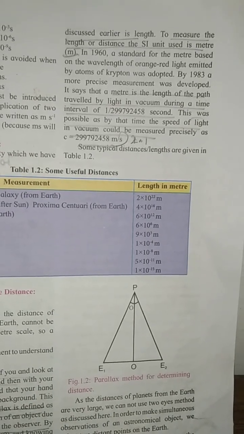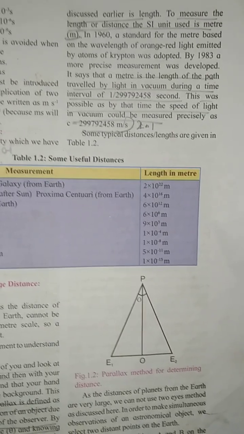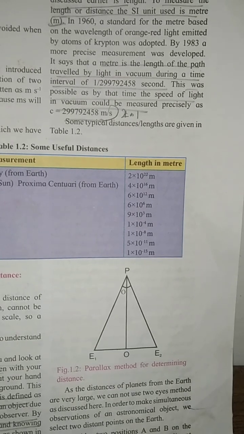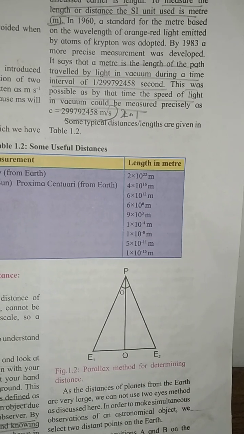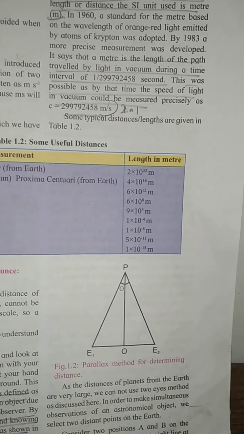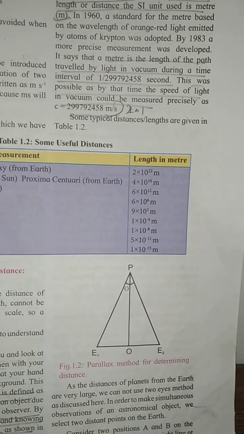In 1983, a more precise measurement was developed. It says that the meter is the length of the path traveled by light in a vacuum during a time interval of 1 upon 299,792,458 seconds. This was possible as by that time the speed of light in a vacuum could be measured precisely, as c is equal to